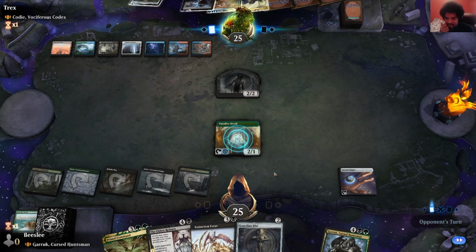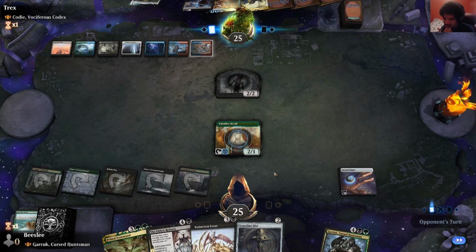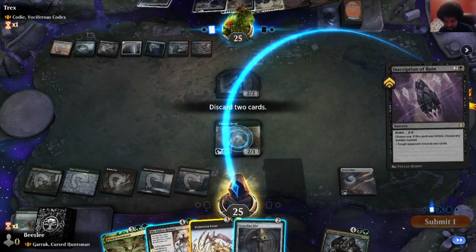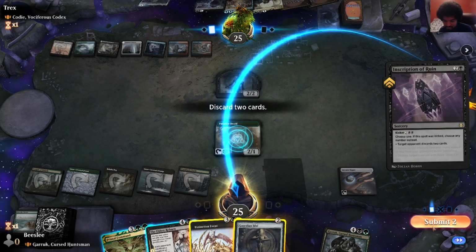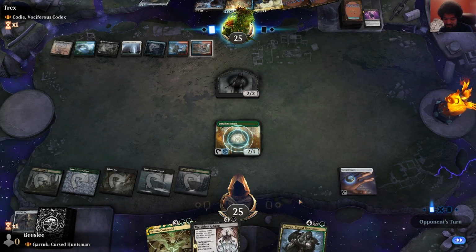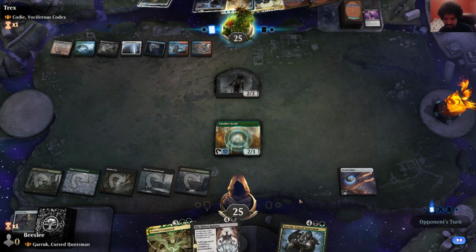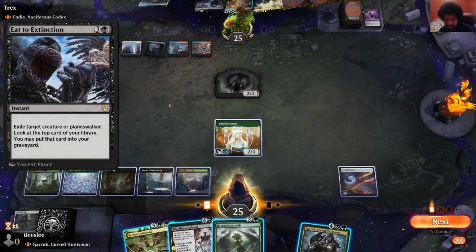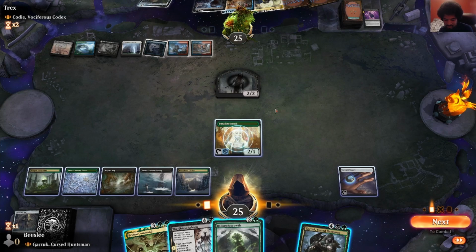Oh, no, the token! No, I can't Eldest Reborn their commander. Rip. Discard 2? Okay, I'll get rid of this and this. They did not go for their commander. They'll probably copy my... They can kill it too. They can actually exile Garruk with this. I make some 2/2s, but...